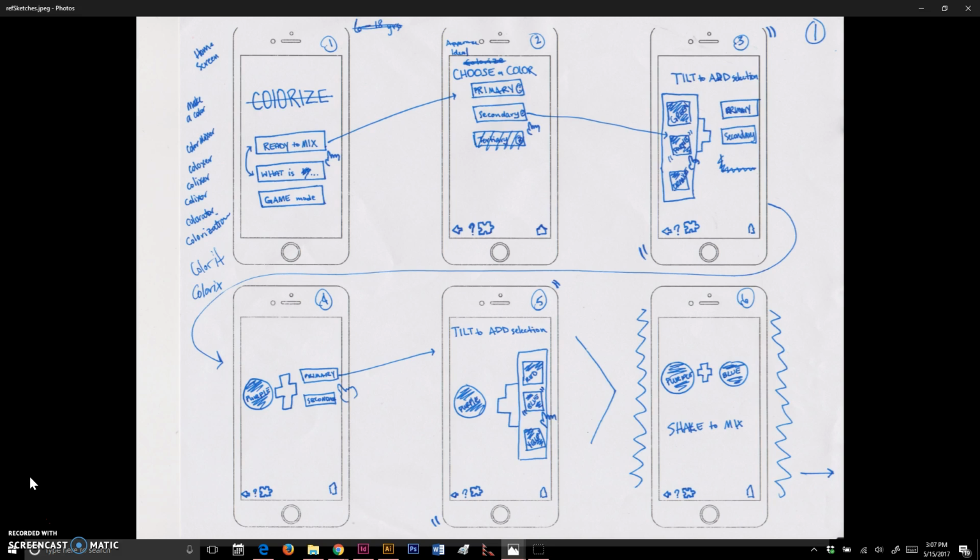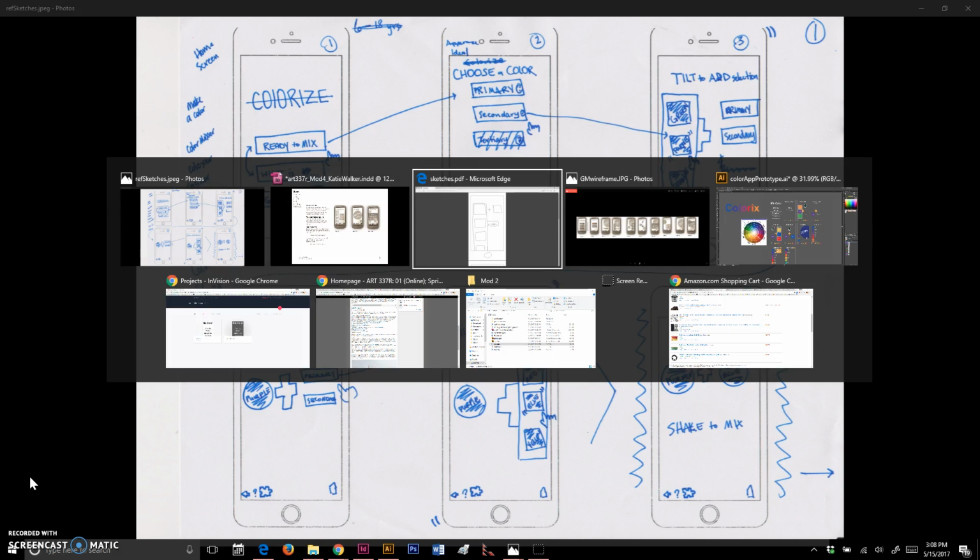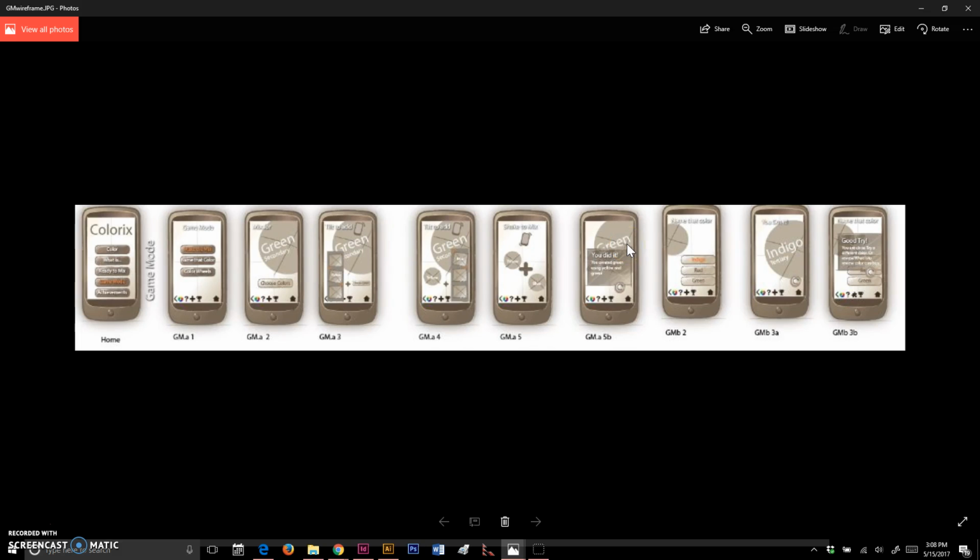You can push the buttons, yes, but then to add the color, you have to tilt the device, and then to actually mix the colors together, you have to shake it. So from there, I went into the wireframing mode. This is only a few of the screens that I created. For the prototype, I didn't use all of them, of course, but as you can see, this is for the mixing app. This I did using Illustrator,